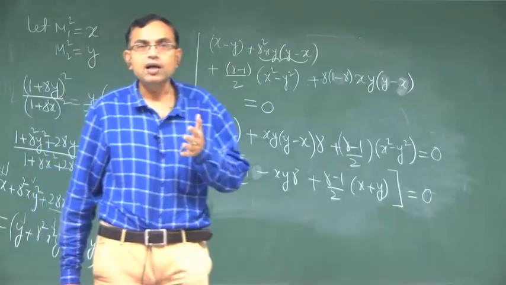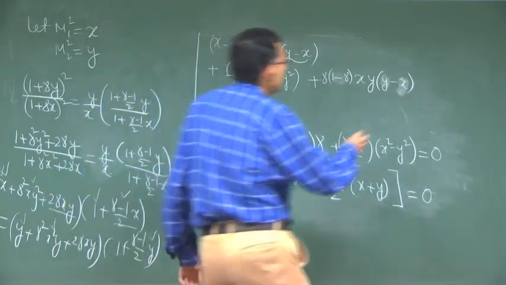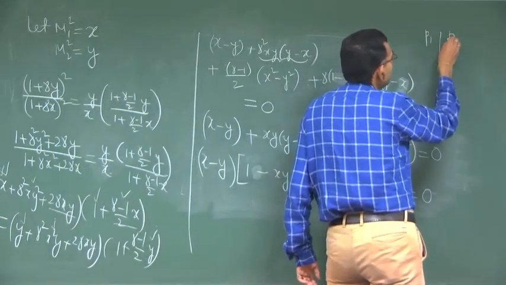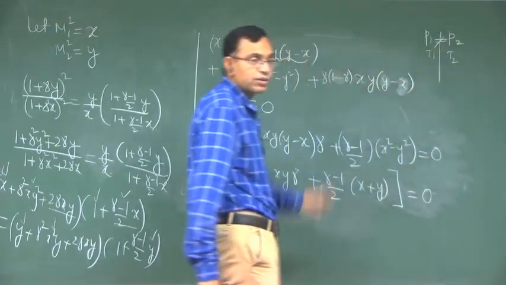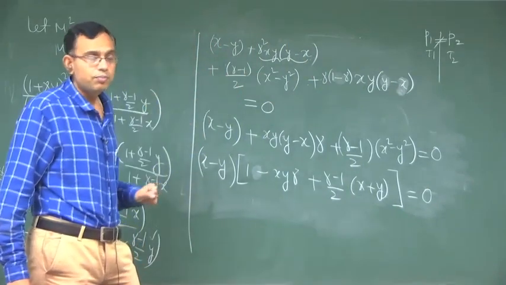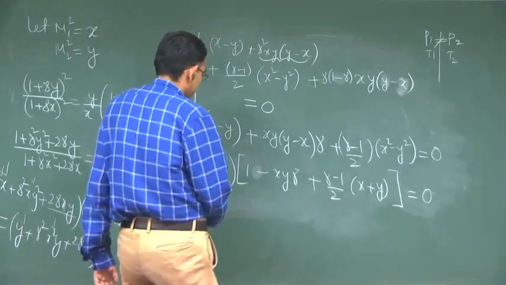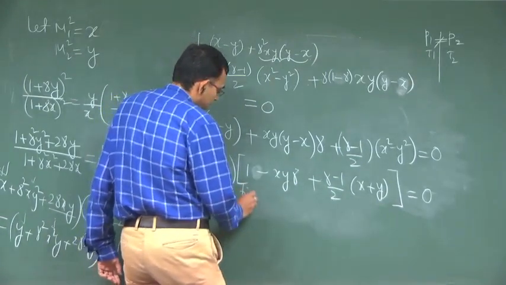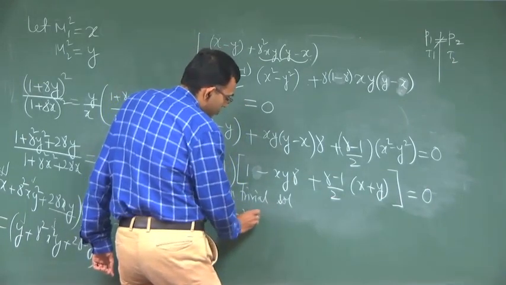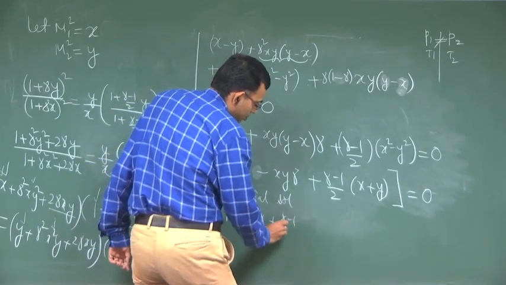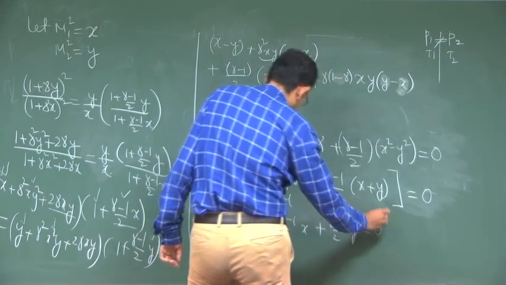See, we have never pre-forced a discontinuity, right. We assume that there is a front across which you have P1, P2 etc., T1, T2, but we have not assumed that they are not equal. So, they are equal is also a trivial, also a part of the solution which comes out of this. So, the non-trivial solution where there is a jump, so you have 1 minus xy gamma plus gamma minus 1 by 2 x plus gamma minus 1 by 2 y is equal to 0.